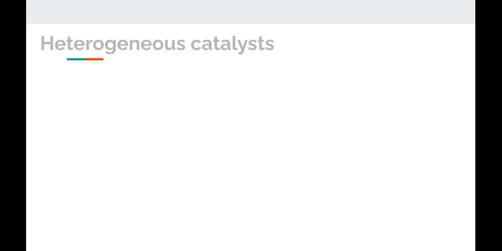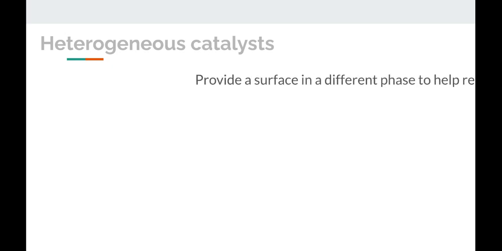The word part hetero means different. So these are catalysts that exist in a different phase. A lot of times that phase is just a metal surface, like platinum or something like that, like in catalytic converters. And it's just a place for molecules and atoms and ions to stick to so that they don't bounce around as much in three-dimensional space, and it makes it easier for them to find each other so you can